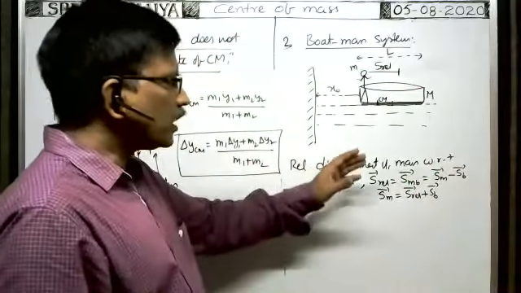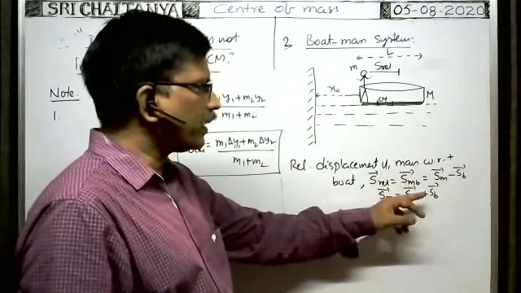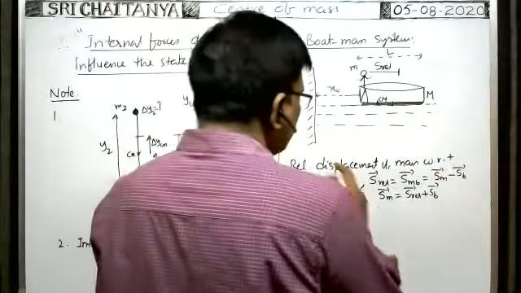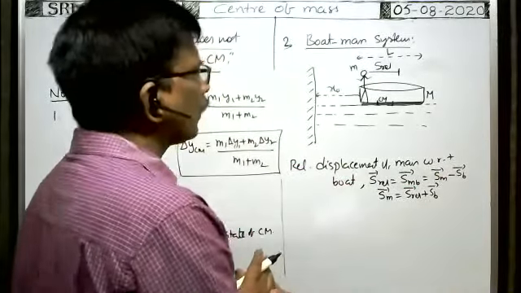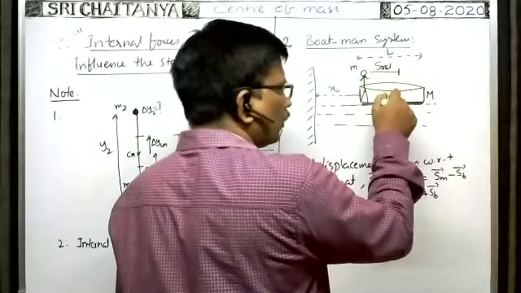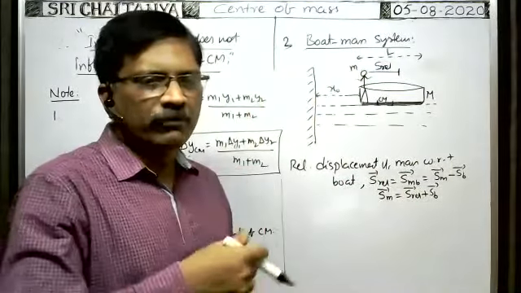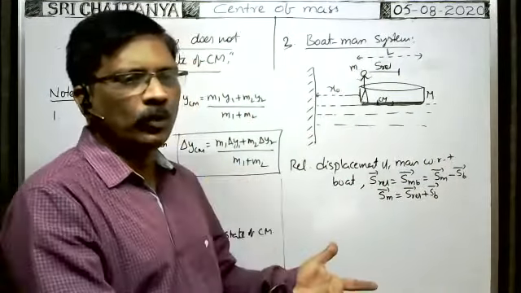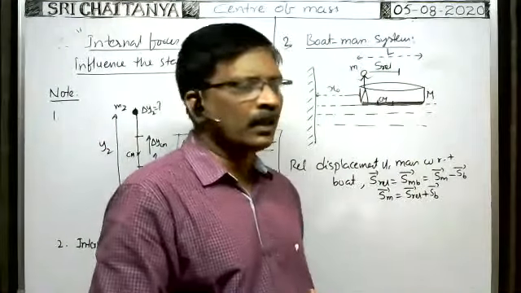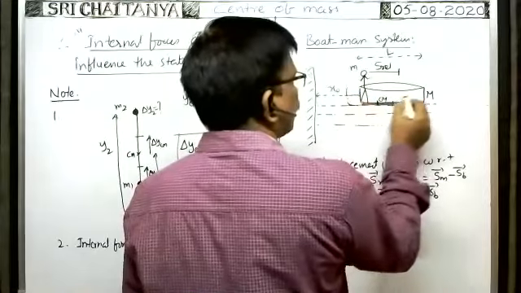So displacement of the man with respect to earth is equal to relative displacement of the man with respect to boat plus displacement of the boat with respect to earth. Initially, whenever the man moves in forward direction by walking inside the boat, by means of his foot he pushes the boat in backward direction. He travels in forward direction, and definitely the boat travels in backward direction, like this.